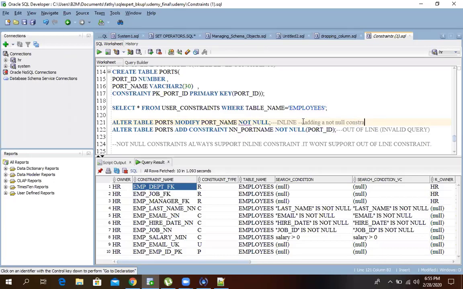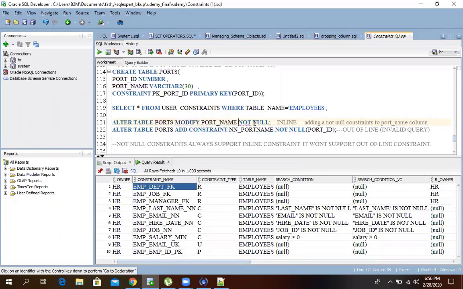Either you can add a constraint by using a create table syntax, otherwise by using an alter command. So adding a not null constraint to the port underscore name column. Okay, so here what happened? Alter table ports. Ports is my table name, and I'm using the word modify, then port name not null.